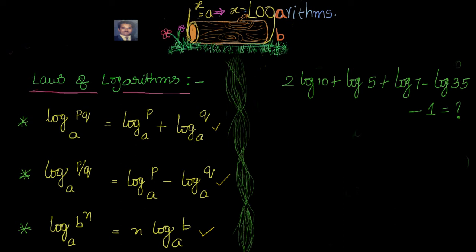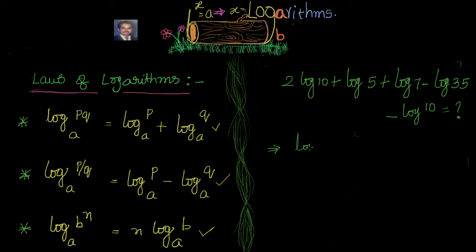Now you can see that all these are in the form of logarithms, and the 1 is on the other side. If I take it to the LHS and I can find a relationship between my base and the exponent, then I can apply any one of the third or fourth law and I can simplify it. So my first step will be to convert 1 into log 10 of 10, right? So this is nothing but minus log 10, because all are to base 10, this is also 10, 10 to 10 is 1. Okay, now let's go to the next step. This is nothing but n log b to the base a, so I can make it as log b to the power of n, the third law.